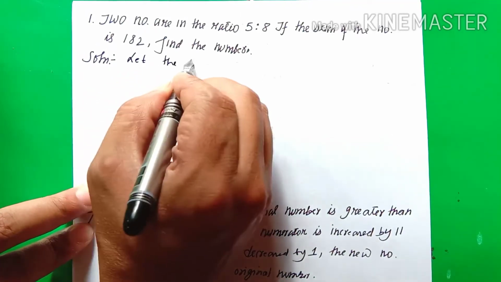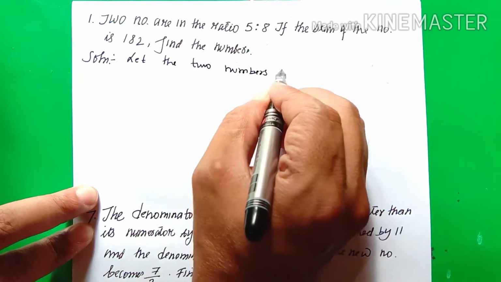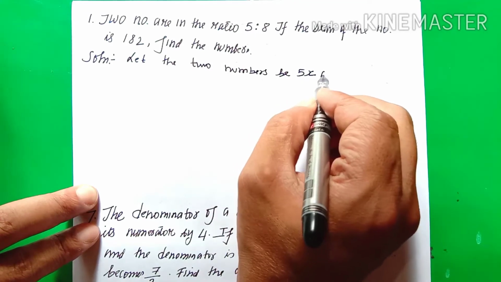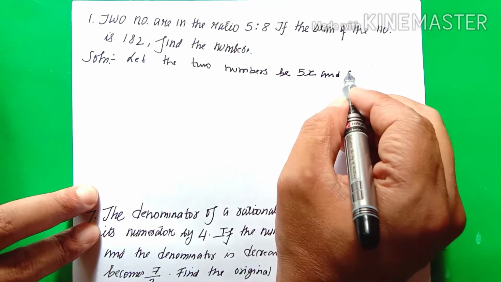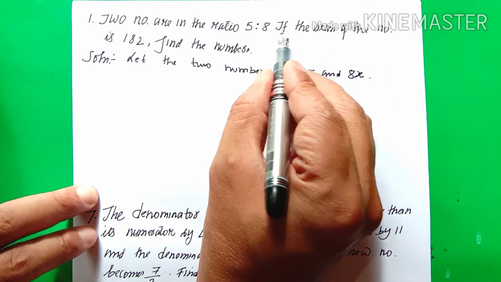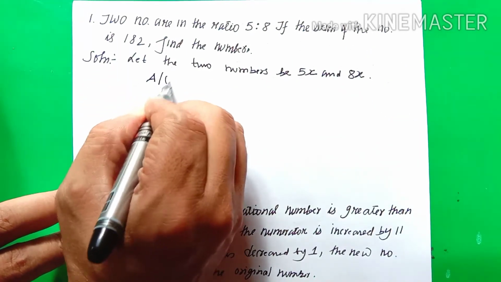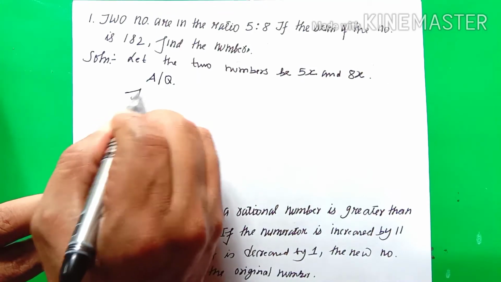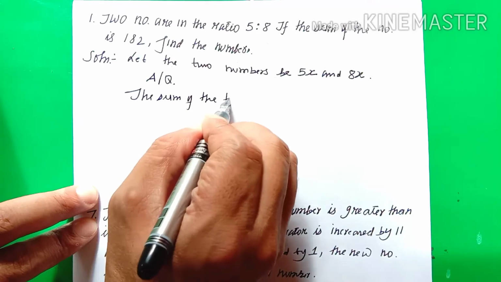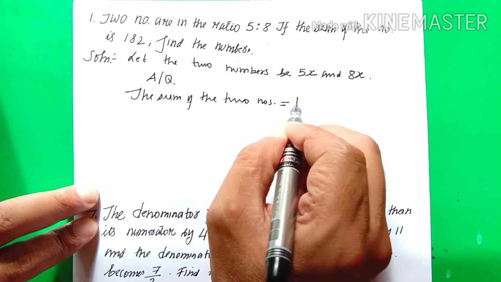Let the two numbers be, the first number we take as 5x, where x is the common ratio, and the second number is 8x. Now, as per the condition, the sum of the two numbers is 182. So according to the question, we take the sum of the two numbers, which is equal to